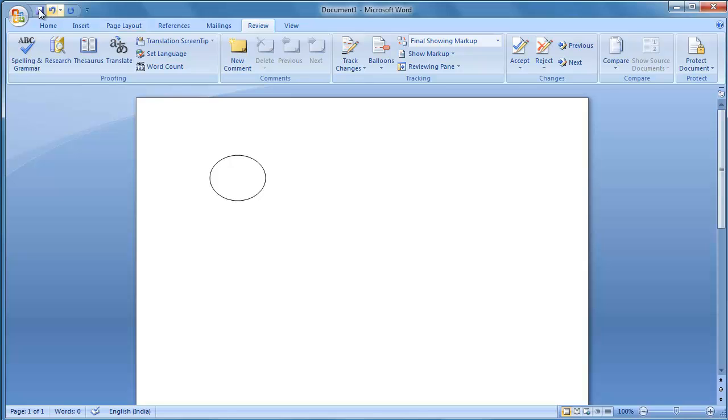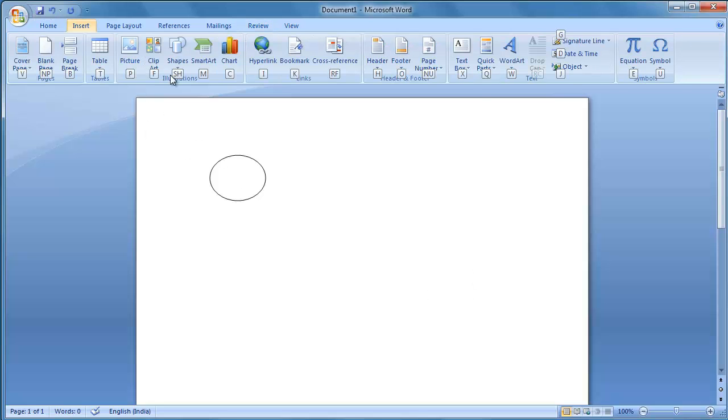Shortcut keys are also available to work with these menus. In order to know the shortcut keys to work with these menus, click the Alt key on the keyboard. Now I am clicking the Alt key on the keyboard. Try to observe here. If you want to work with the Insert menu, now I am clicking N on the keyboard. Automatically the Insert menu will be highlighted. These commands also have shortcut keys. For example, if you want to